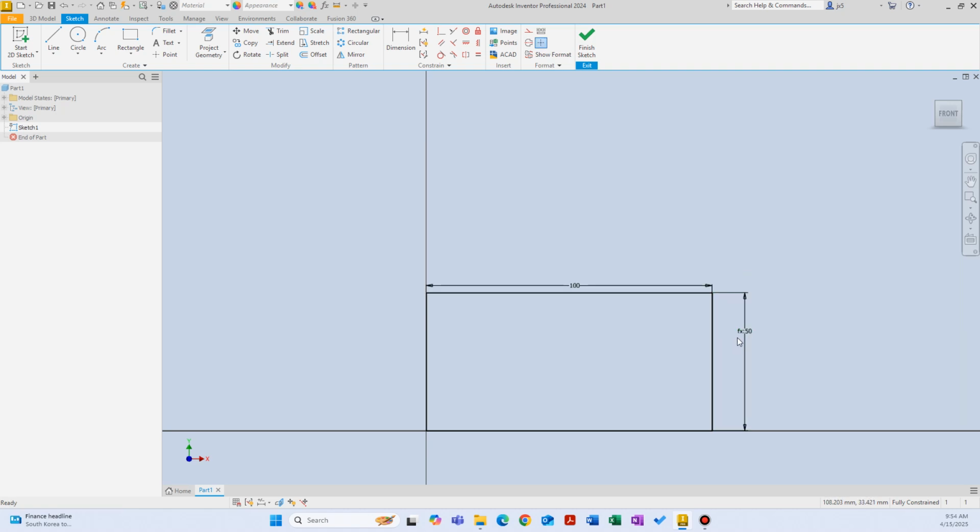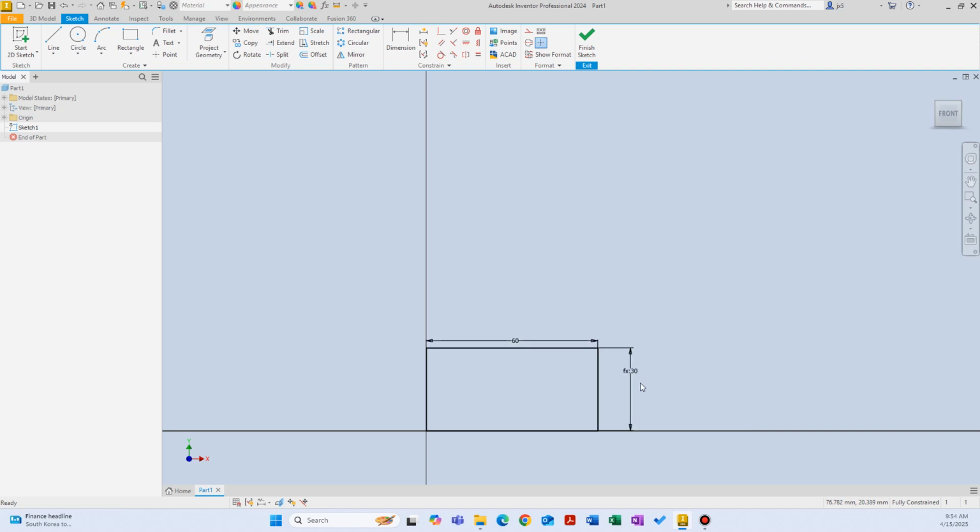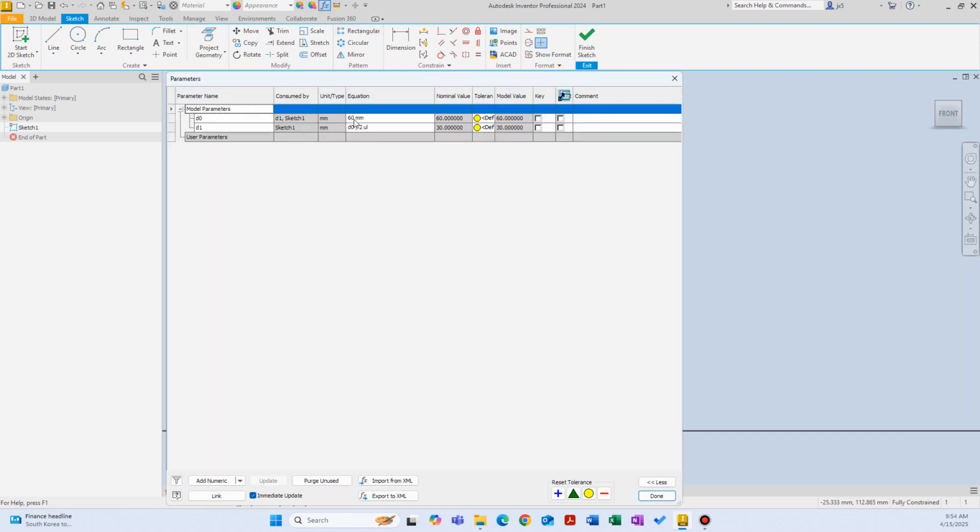Now, notice that the function fx appeared here, which was also there when I clicked on 100 millimeters, when I clicked on length to use it as a reference. Now, whenever I change this value, for example, again, let's change it to 60 this time. Now, this is automatically half of the length, half of the dimension I assigned. So if I go back to parameters, I see that my D0 value is 60 millimeters and my D1 value